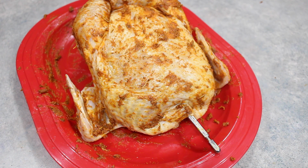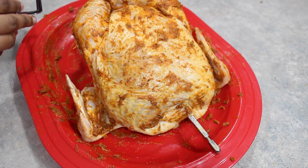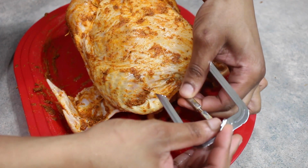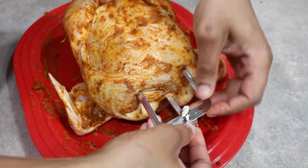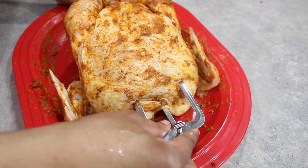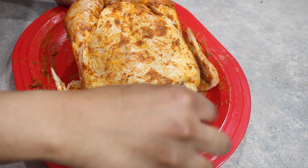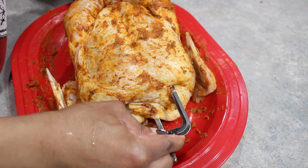So next what you want to do is insert the rotisserie shaft through the cavity of the chicken, and then you're going to secure it with the 2 included rotisserie forks. So I've already done that on one end, and then I just wanted to show you really quickly on the other end. We're just going to slide the fork through, and then we're going to hold the other end and pierce the meat. Let me unscrew that. We're just going to pierce through to secure,